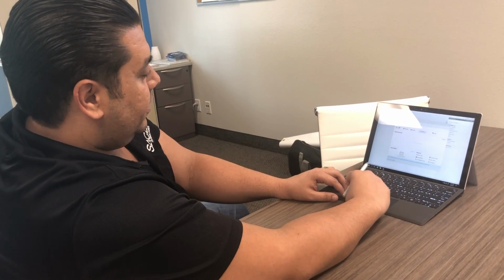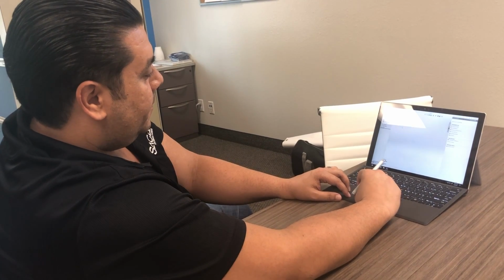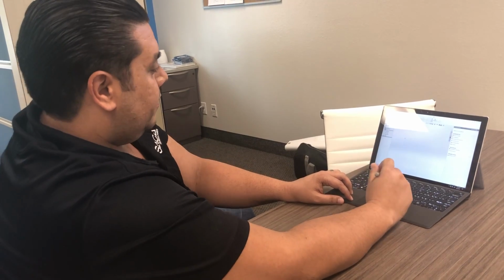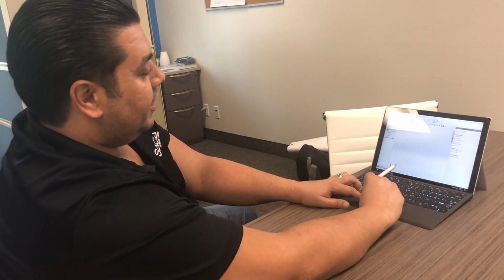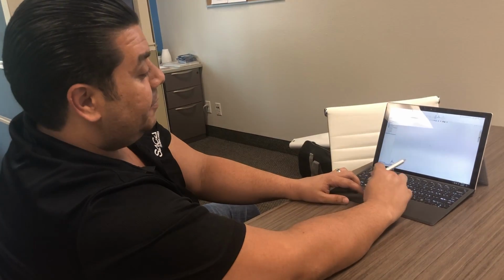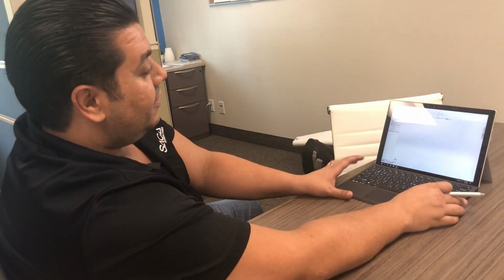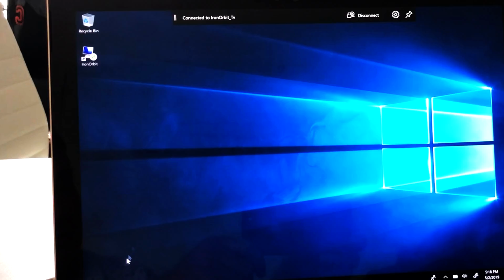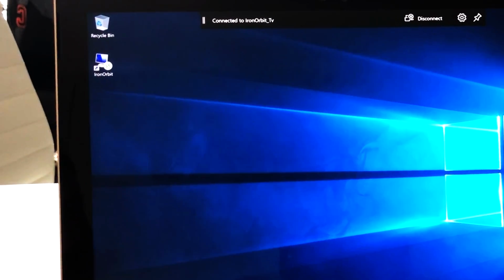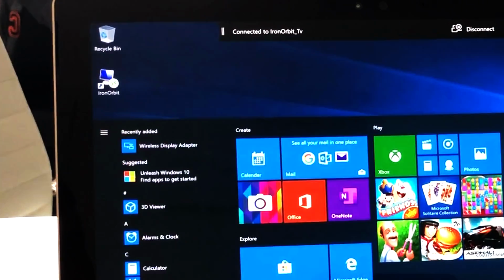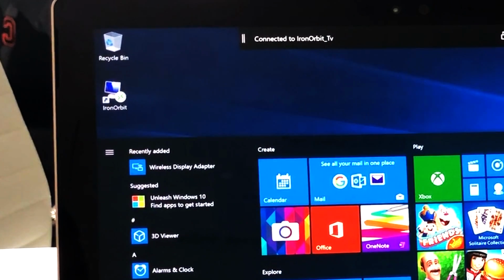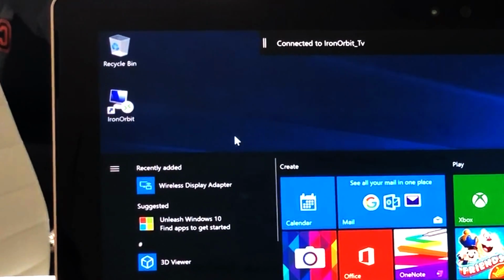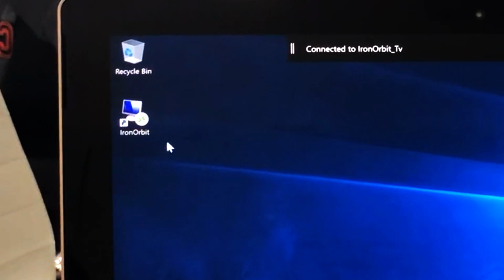We can go into the program and we can start drawing up whatever we like. Now this is something that usually requires heavy machinery and heavy GPU. We've been able to simplify that to where you can use that on any device anywhere. We're on a typical Windows 10 desktop, just like what you're used to using. You hit the start button, you have your applications, folders where you save all of your documents, shortcuts on the